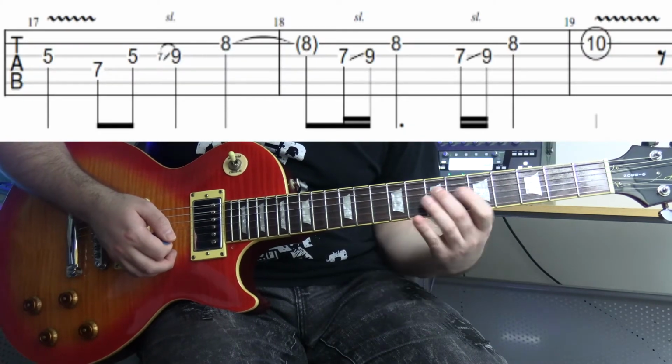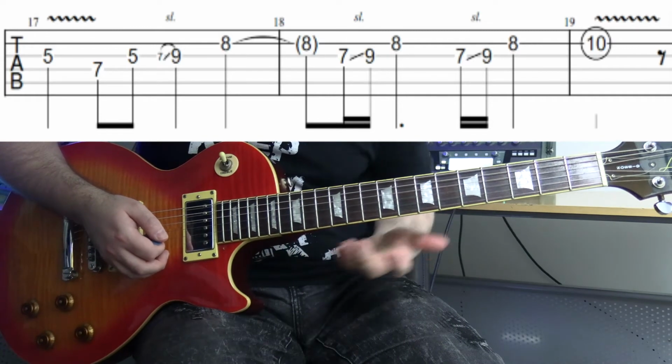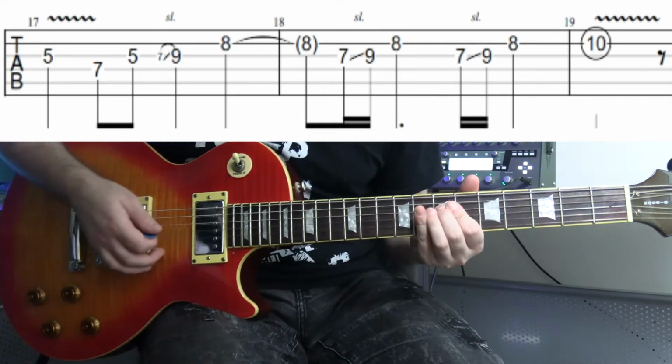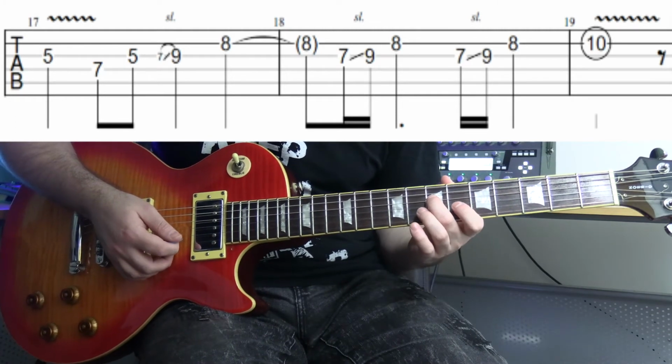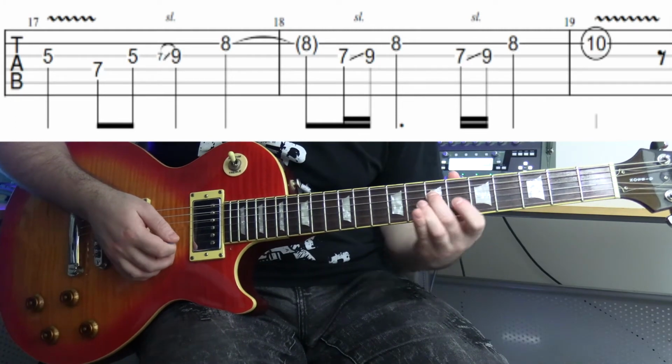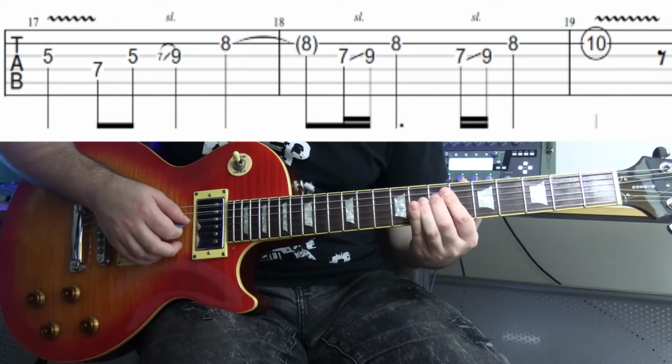Now then, I'm going to suggest a bit of a finger change from the 1 and 3 we've been using a lot so far. The next fret 7, I'm going to suggest start using your middle finger here just for what we're going to be doing afterwards. That hopefully makes sense here. So then pick 7 on the D string,